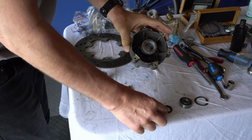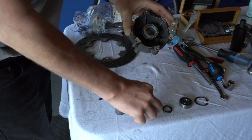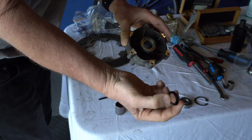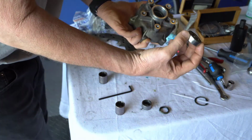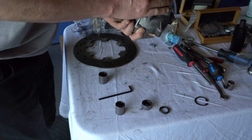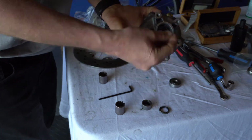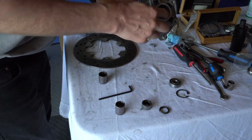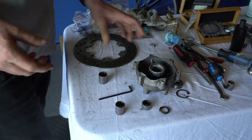the way this works is this bearing goes in here like that, and this grease seal sits on top. And on the other side, this bearing goes with the open side down, okay? And it has a locking pin that goes in there. So you got to get this bearing down quite a bit. So the first thing we did, and